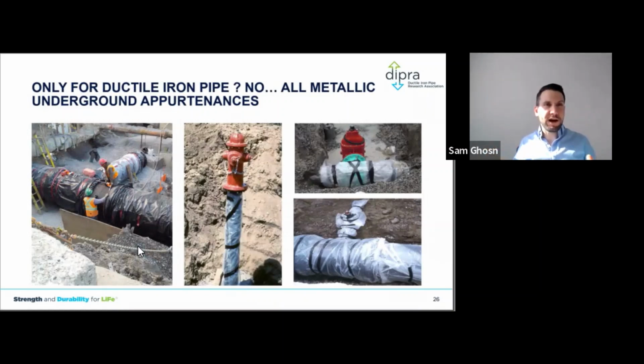Like I said, we don't protect ductile iron pipe only. All your metals in the ground, most of them are actually made out of iron. Your valves, your hydrants, your appurtenances, and I call this the ugly Christmas gift wrap. Okay, why? Because you have to wrap that fitting. It's not going to look pretty, but what you're doing is creating that wrap around the pipe. You're creating a homogeneous electrolyte around that pipe, and you're protecting it. It's just creating a dielectric barrier between the soil and the pipe.